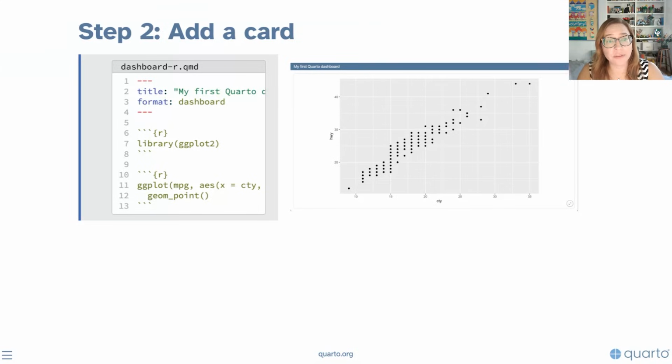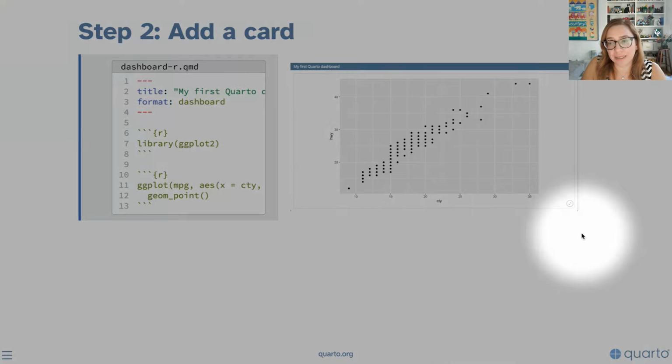So by default, when the format is set to dashboard, basically execute is set to false. Our code is hidden away, and the output of that code is placed in a card itself. And you can see over here the bounds of this card. This is not something I explicitly asked for in my code. Quarto automatically does that for me. And it also by default makes that card expandable as well.